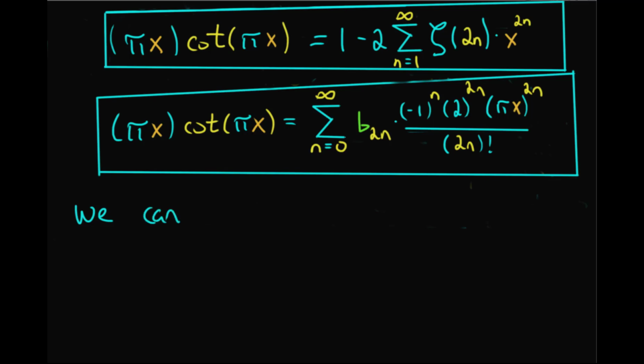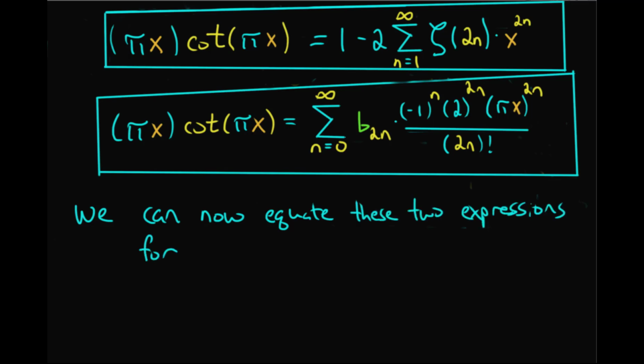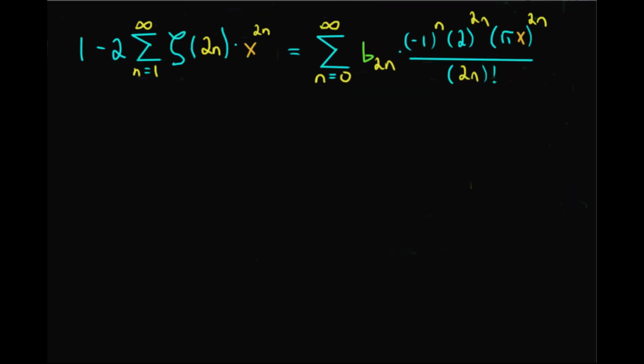So we now have two expressions for pi x times cotangent pi x, one involving the zeta function and the other involving the Bernoulli numbers, and we can now equate these two expressions to derive a relationship between these two concepts, the Bernoulli numbers and the zeta function. So when we do that, we have that 1 minus 2 times the sum from n equals 1 to infinity of zeta of 2n times x to the 2n equals the sum from n equals 0 to infinity of b sub 2n times negative 1 to the n times 2 to the 2n times pi x to the 2n